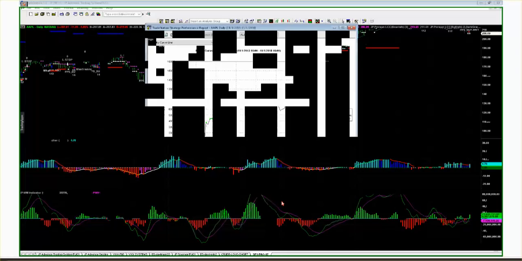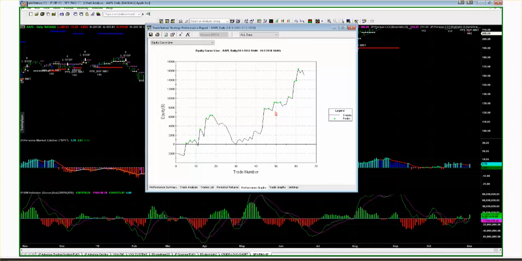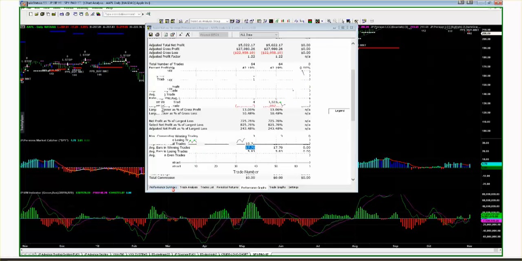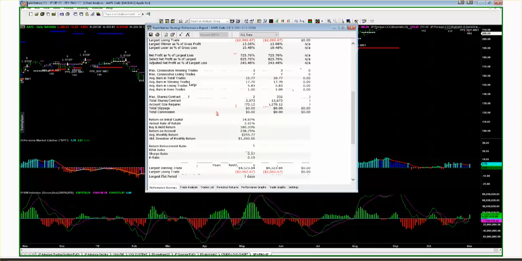And what happened? All right, so the curve got a little bit better. And that's what I want to see when I optimize something. I want to see the curve getting better each successful time. We go back, and what did we find out? We found out that our average bars in a winning trade was 19 because we had some erroneous number. And now our average bars dropped down to be more precise to 17.7.